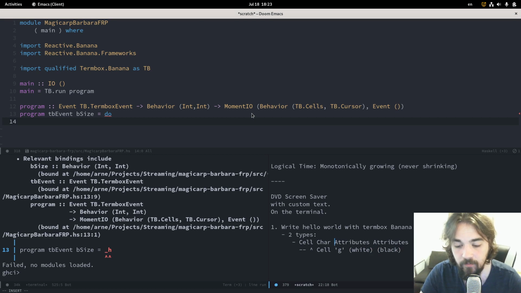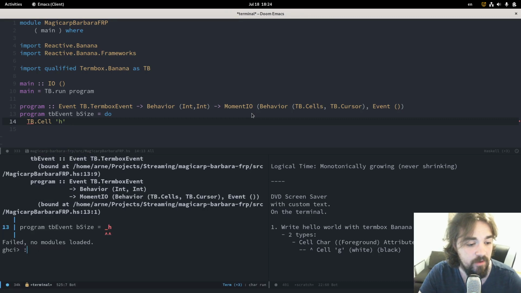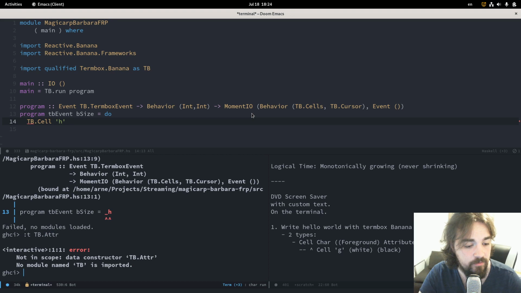So these are the foreground attributes and the background attributes. And for this we have a constructor from TB cell. For example, write an H. And if we inspect the type of TB attribute,